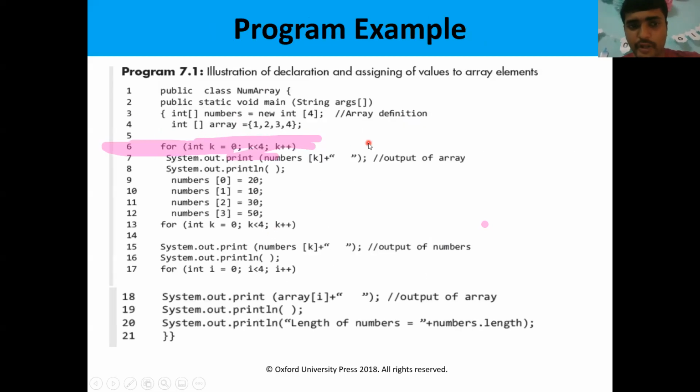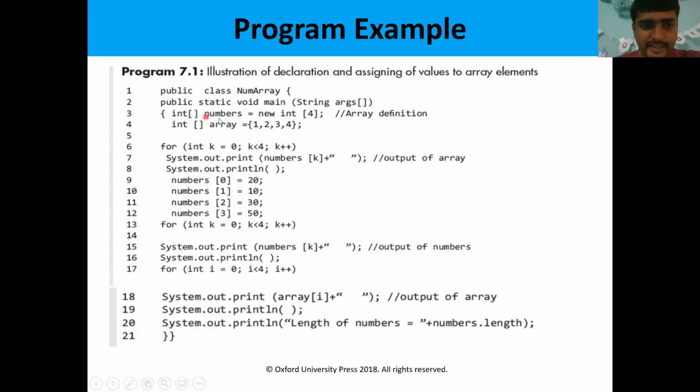Then we have seen a simple program on arrays and accessing the array elements. Here, the array name is numbers. The array index values are 0, 1, 2, 3. We are going to insert four elements. We can access the array elements by using the index values: array name, square braces, index number. This is a simple example of an array.